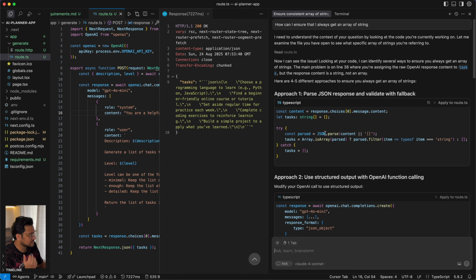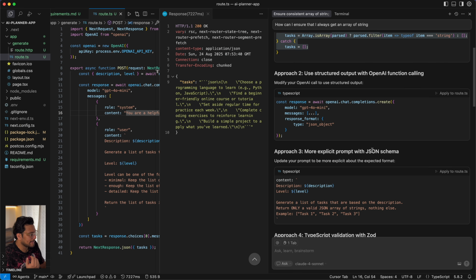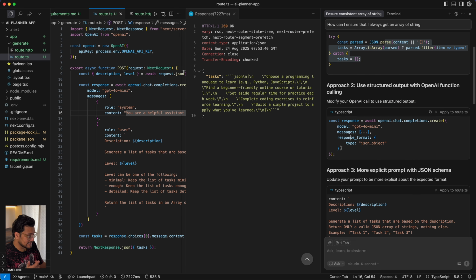Parse JSON, so you can either parse the JSON, or you can say use structure. You can basically tell OpenAI to use structured output, right? And let's see if that works. I want to use that. So basically what happens is that we'll say response format is this, and then I think it will be able to give us the results in the